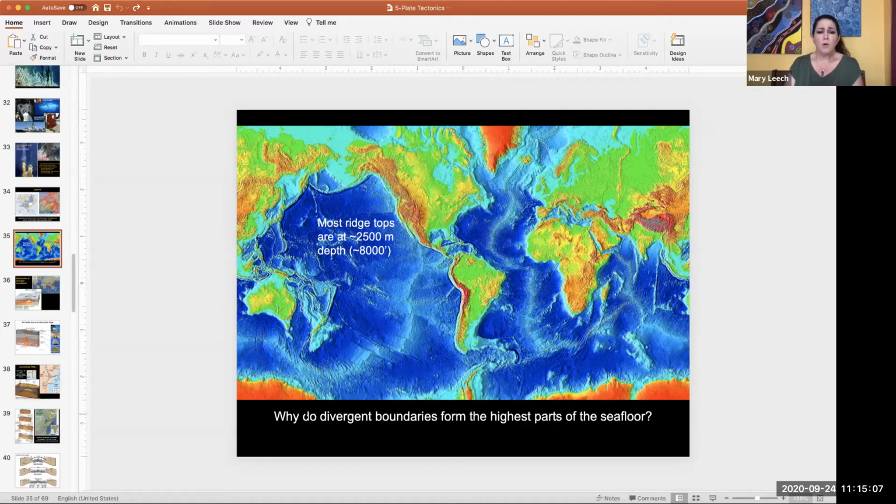I'll pose the question again. So why do the ridges form where they do? Why is there a ridge at the midpoint at those spreading centers? Remember that